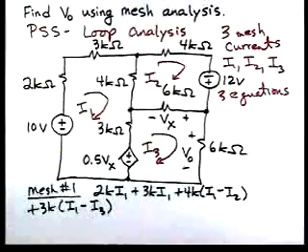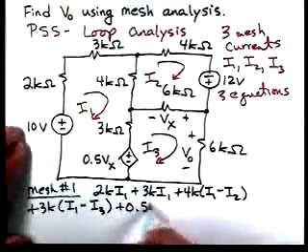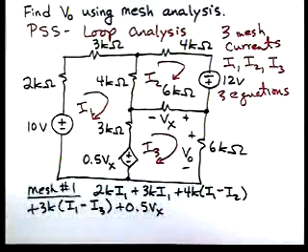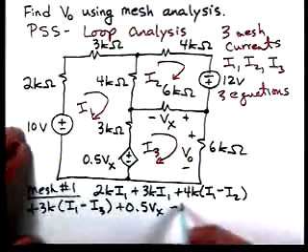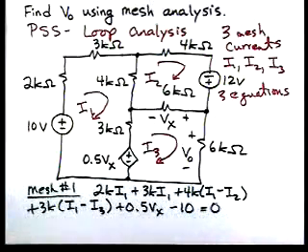We'll treat that dependent source for now like an independent source. We'll write 0.5 Vx minus 10 equal to 0. So now there's our first equation,